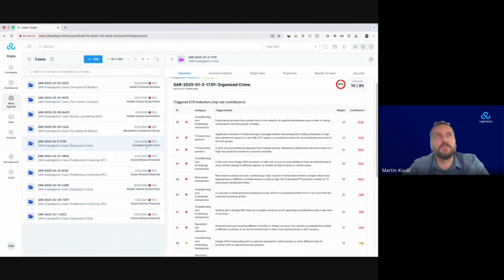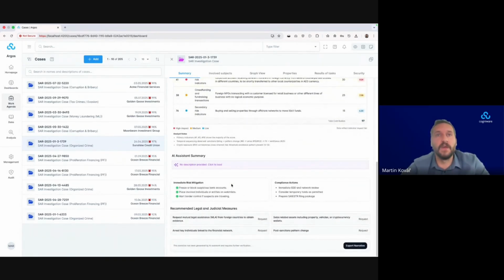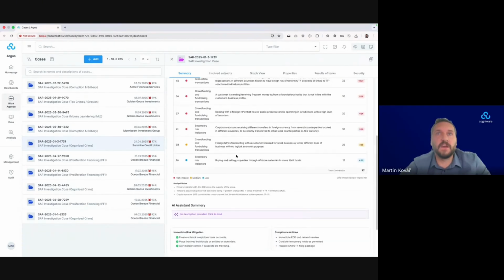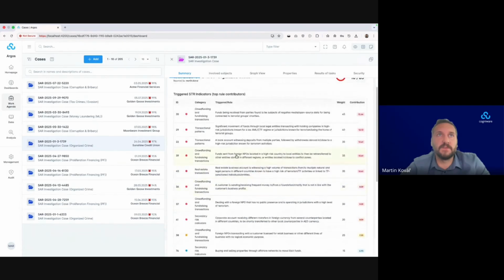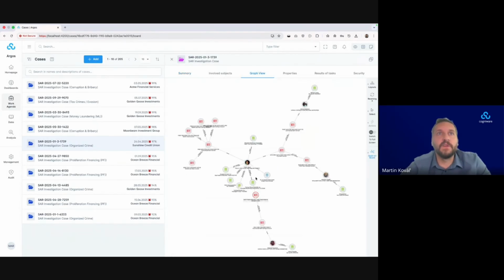That means that you can prioritize your work and focus only on the important thing. No need to recreate the case on your own. And obviously, we are trying to provide you the exploration capabilities. So you don't stop with these graph views, but we give you the options to explore all related data from the perspective of the individual entities.